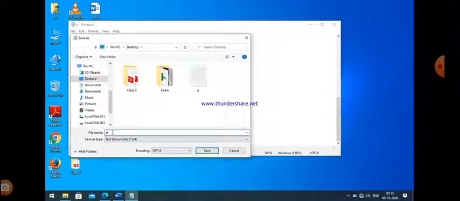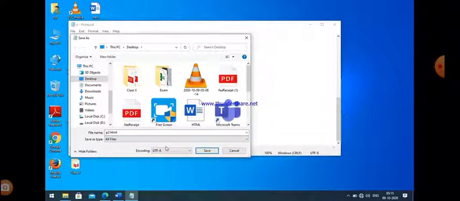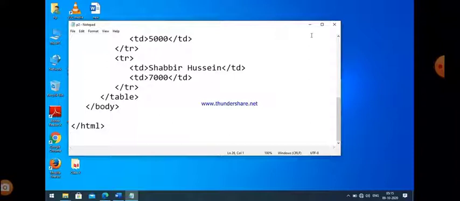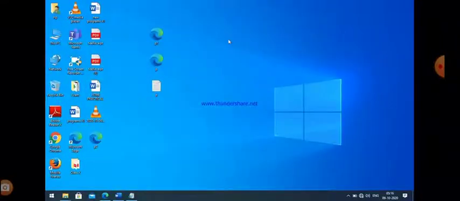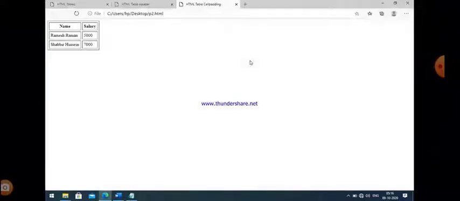So the program name, let us take p2.html. Now save the program, select all files and save it on the desktop. That is p2. Our third file, let us see. Now that is the output.